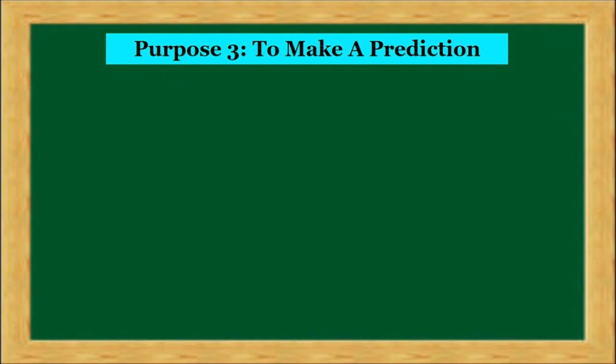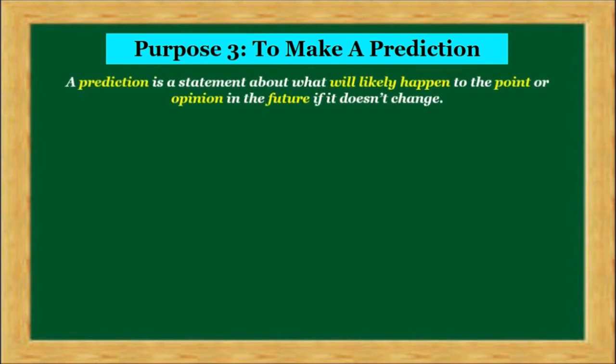The third purpose of a clinching sentence is to make a prediction. A prediction is a statement about what will likely happen to the point or opinion in the future if it doesn't change. For example,